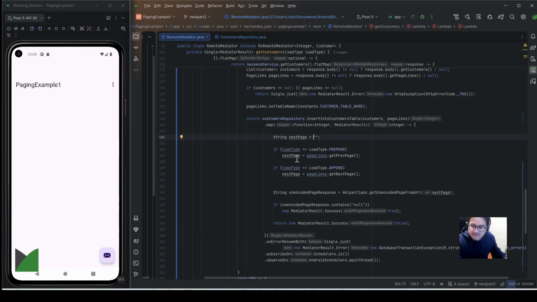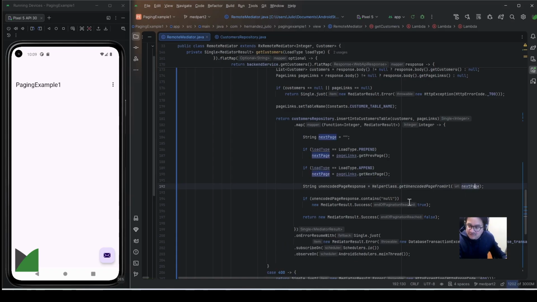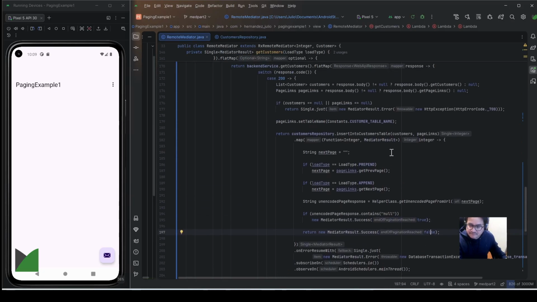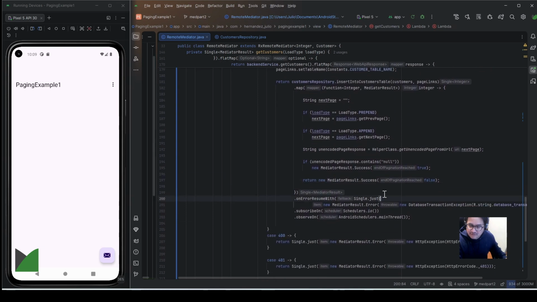So here, if page links is prepend, then I need to get the previous page, and if not, if it's appended, it is the next page. So here I unencoded that string next page. If encoded page response contains null, that means that we got to the end of paging, so I need to return true. If not, false. Do an error with, I think